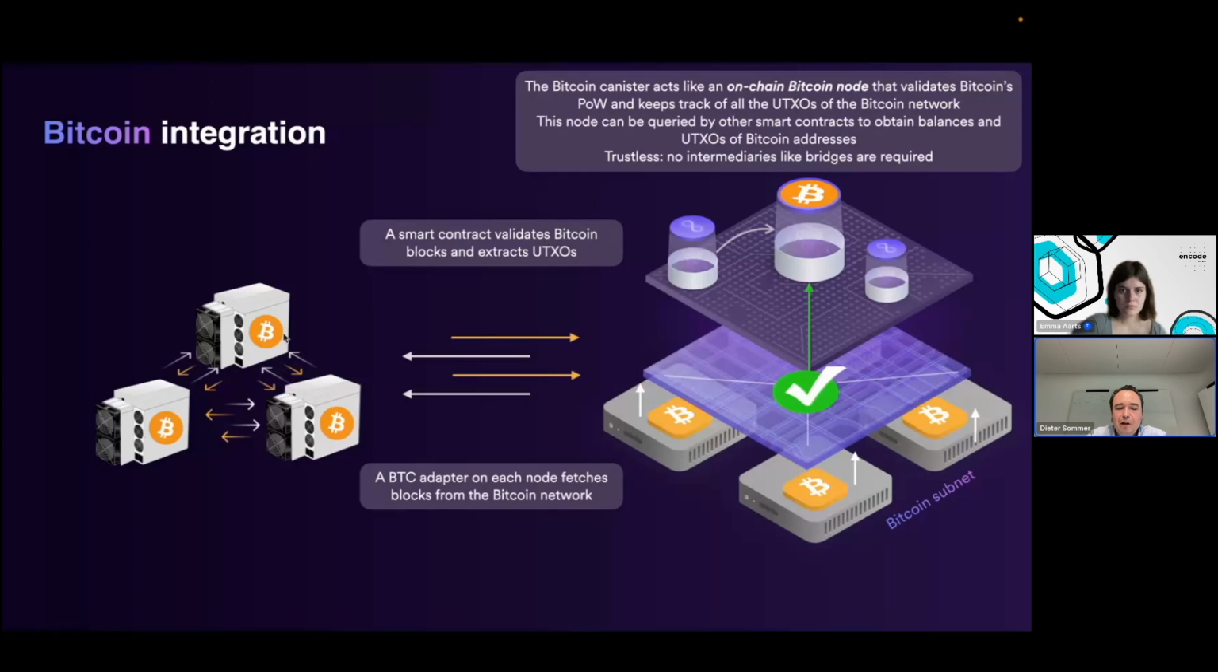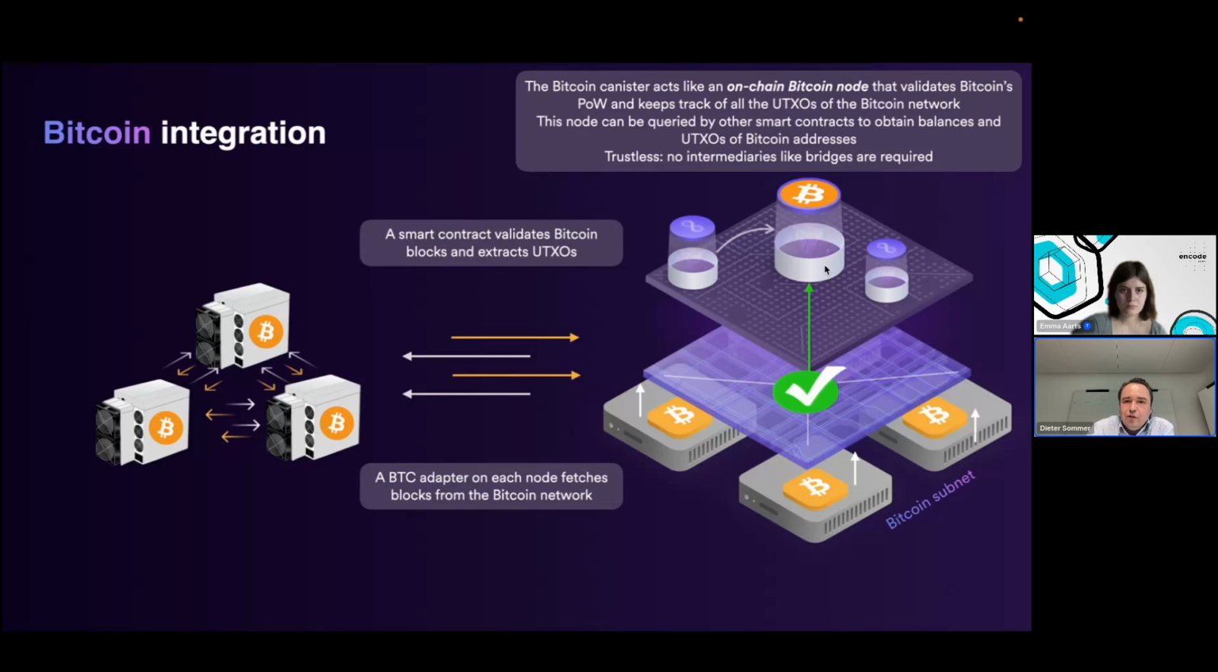And then whenever a block in the Bitcoin network is mined, the block is sent to each of those adapters, and those blocks are then passed up through consensus to a Bitcoin canister. So this Bitcoin canister is an ICP smart contract implemented in Rust, and this canister receives all the Bitcoin network blocks. So all the blocks from the beginning of the Bitcoin network were fed into this canister, and in every block,